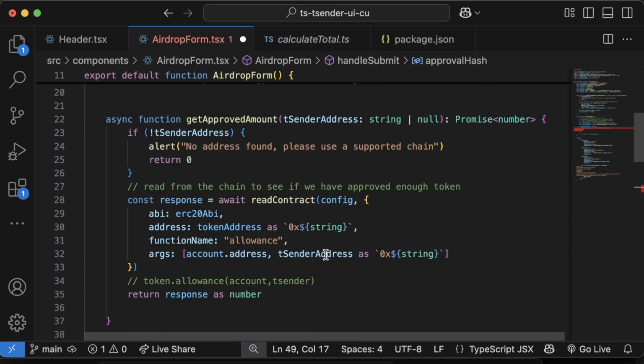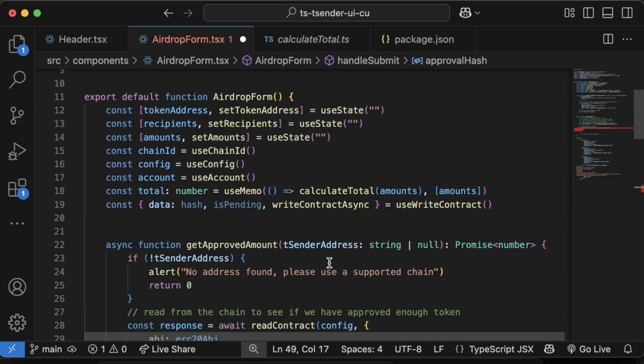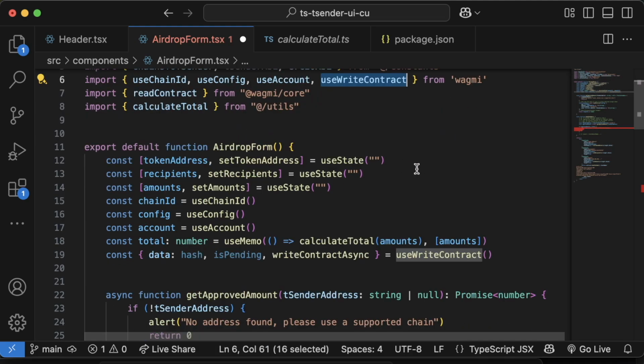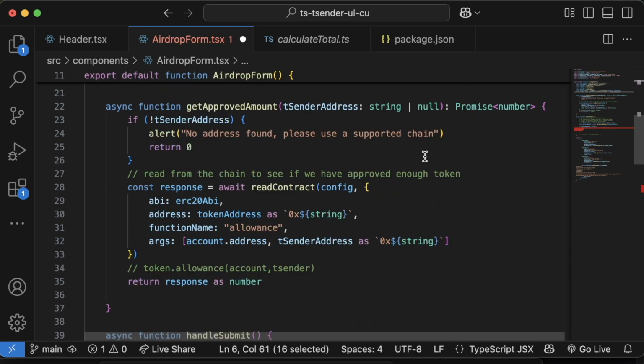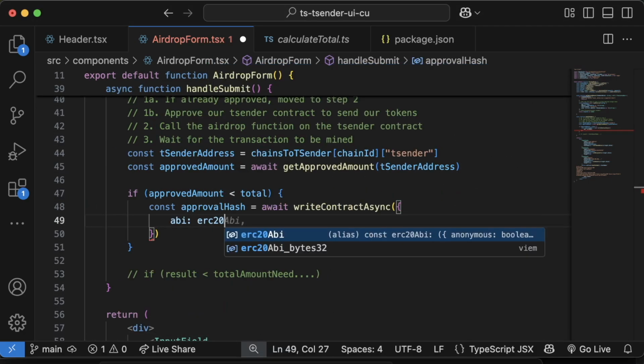Now we don't need to add the config like what we needed to do for readContract, since this writeContractAsync is coming directly from the hook, right? If we scroll back up, readContract is just coming from the core. useWriteContract is coming from WAGMI, and this is a hook. And since it's a hook, it already has context of our config and our state and all this other stuff. So for writeContractAsync, ERC20 ABI,